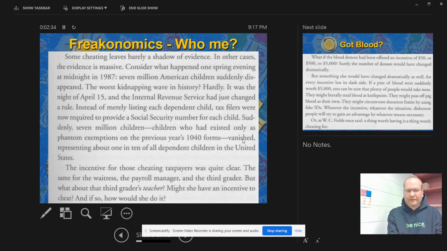So back in 1987, April 15, when people finally get all their taxes turned in, bam, 7 million children are gone. The IRS had just changed a rule. Instead of merely listing each dependent child, tax filers were now required to provide a social security number for each child. Again, every year when I turn in my taxes to the IRS,